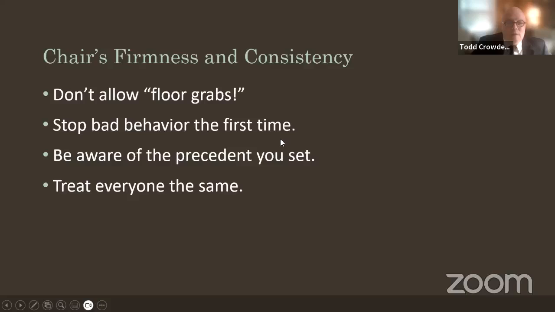They didn't stop it the first time because they thought maybe that would be the only one, and they just hoped the person would make it real quick. And then when the second person tried it, they apologized profusely for allowing it the once and said, I shouldn't have done that. I should have told the first person, you can't do that, but I made a mistake. Now I'm telling you, you can't do that. So you can bring it back if you mess up that way, but it's better to be strict the first time if someone's just trying to speak out of turn. It's important you wait your turn.